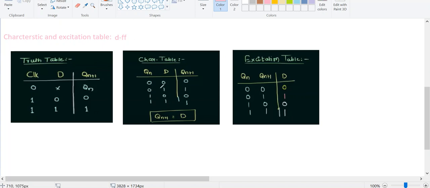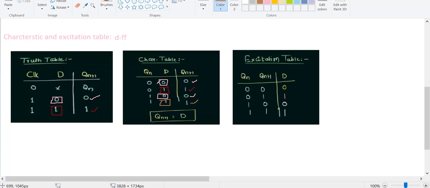Here you can check that when D is equal to 0, I am showing with this color, my output is 0. Therefore I am having my output as 0. I'm showing with one more color: when my D input is equal to 1, therefore my output is 1, so I kept my output as 1. In the similar way, when my D input is equal to 0, I'm getting 0 as output. And in the similar way, we can have the representation for this 1 also. So if my D is equal to 1, my output is 1.